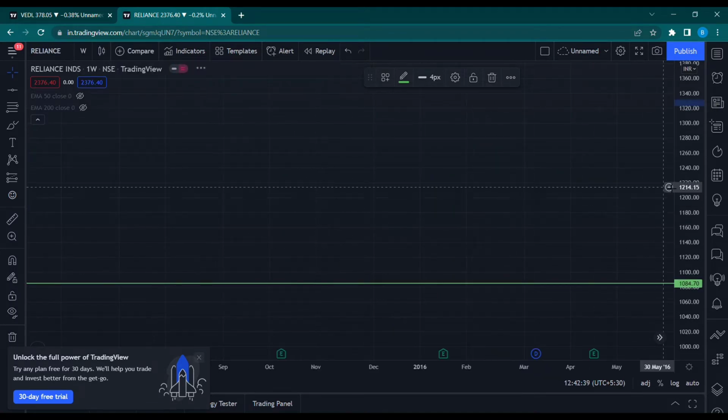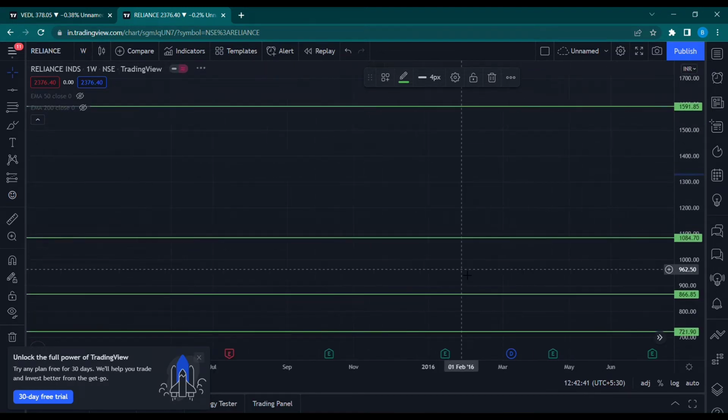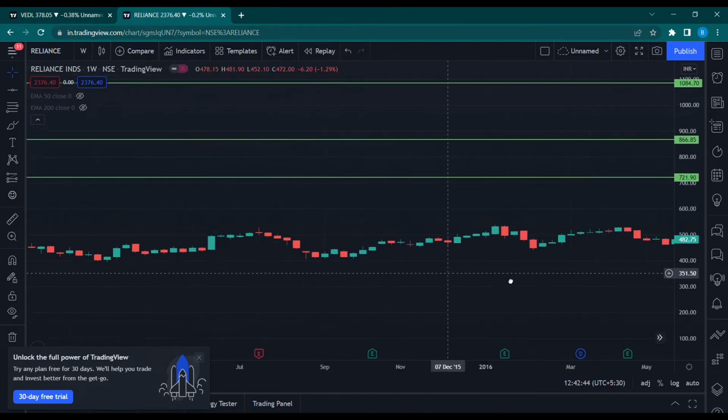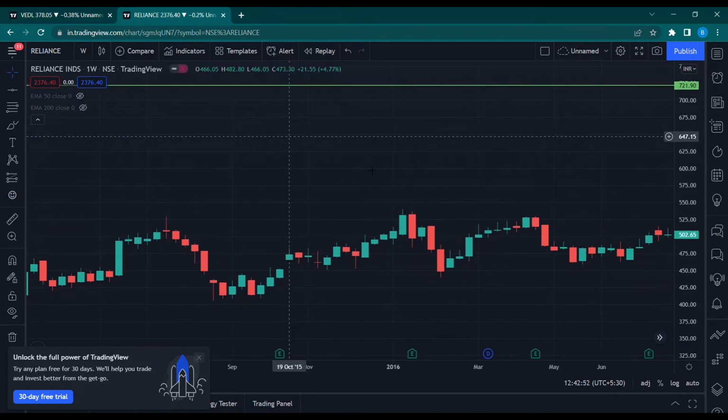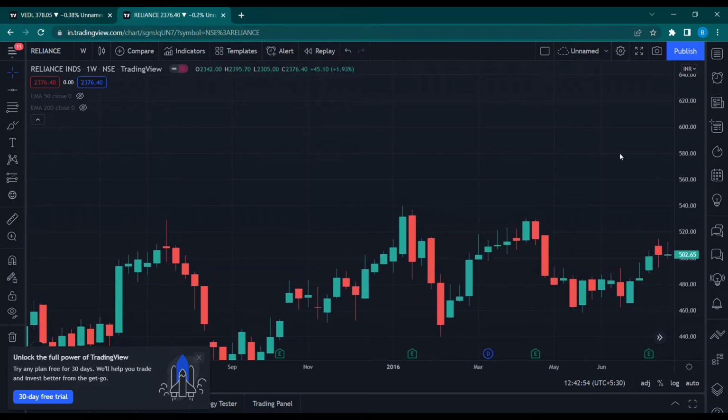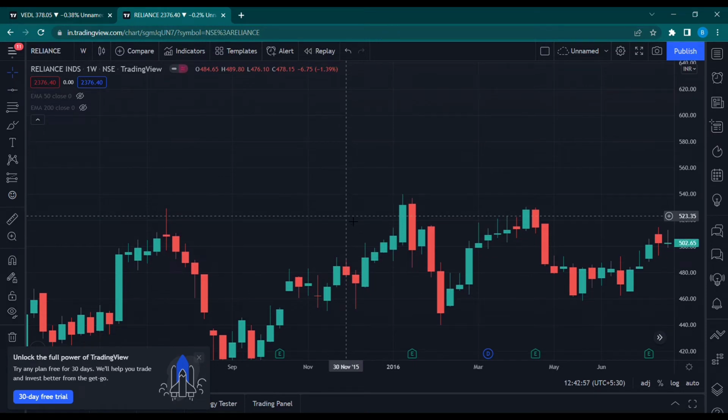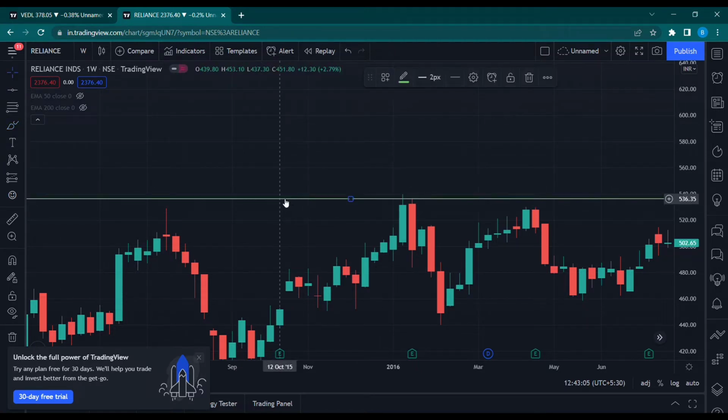I guess that should do well here. Yep. This is the weekly chart of Reliance. We have learned bullish engulfing right now. I hope this is clear. Now we will be learning about bearish engulfing. First of all, this is a resistance level at around 530 exactly. What we see here is that prices went up, rejected 536, and then went down.